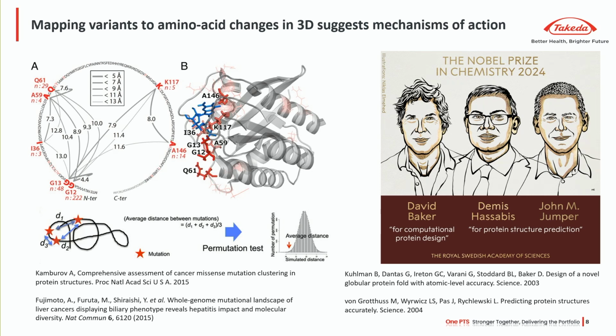David Baker was a pioneer in predicting protein structures and also designing artificial proteins. And I had the privilege to work in 2002 in David Baker's lab when he was working on Top7. That was the name of the first artificial protein, over 90 amino acids long, that was designed. And then my colleagues and I, when David published his paper in Science, we wrote a letter to the Science editor,